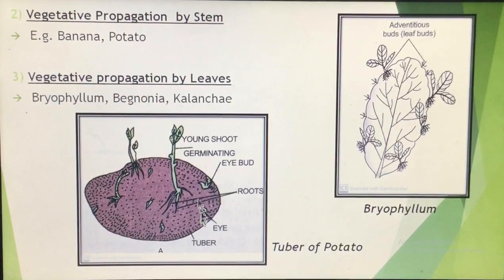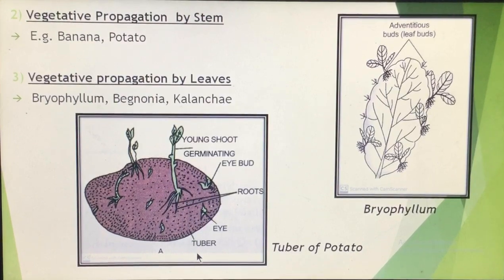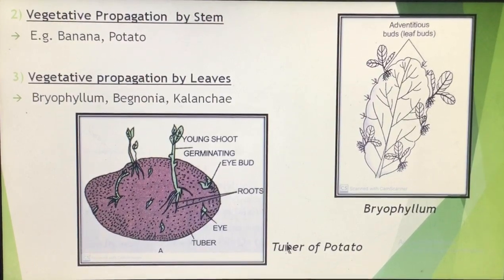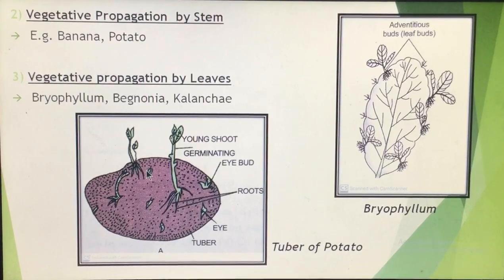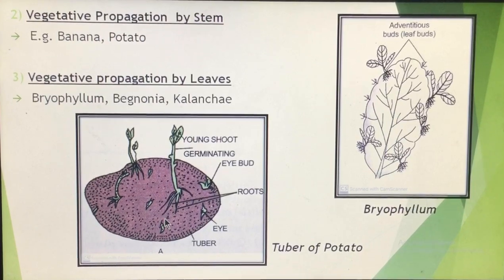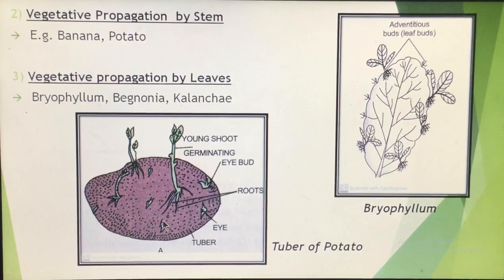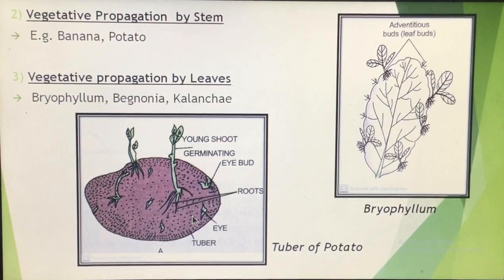Similarly, this is a potato. Potato का जो stem है इसको tuber बोलते हैं. That is known as a tuber. So it is a tuber of the potato. अब ये तुमने बहुत बार देखा होगा कि potato में भी small small eyes are present. ये बहुत सारी एक potato में depressions से होते हैं जिनको हम eyes बोलते हैं. Actually these eyes represent a type of bud which is known as an axillary bud. Okay, now these axillary buds, which are known as the eyes, they give rise to the new plant. अगर ये तुम eyes को निकाल के ज़मीन में उगा दो तो वहाँ से भी एक plant निकल आएगा.